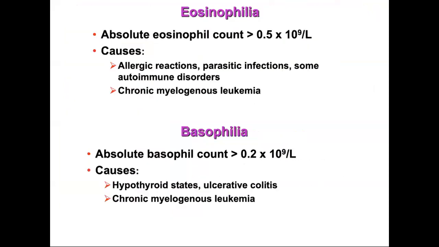Eosinophilia is an increase in the EO count. That's typically due to allergic reactions and parasitic infections, some immune disorders, and also in chronic myelogenous leukemia. That was the CML slide that we saw the other day together. You saw lots of EOs, right? Lots of EOs and basophils. And basophilia is an increase of basophils, and you would see that same thing in CML or in hypothyroid states,